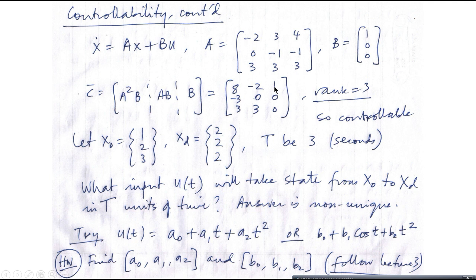You can do it by hand for these small things in an exam. The rank works out to be 3. To see that the rank is 3, you can actually calculate the determinant if you like, and that determinant you can calculate by expanding about this point, in which case you just have to see this 3 times 3 is 9. It's easy to see.